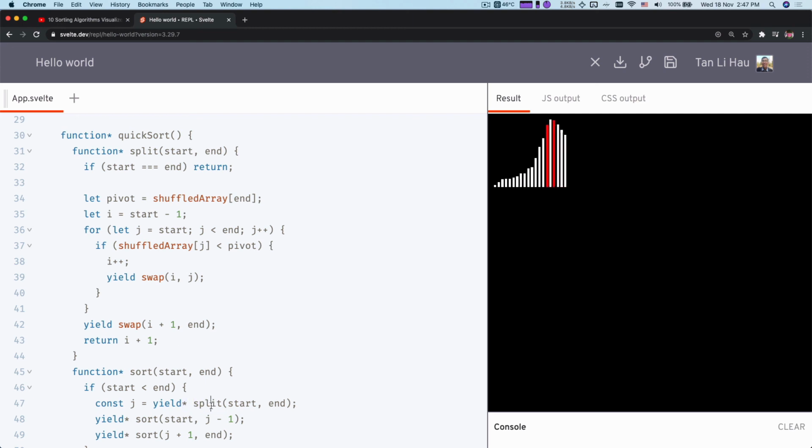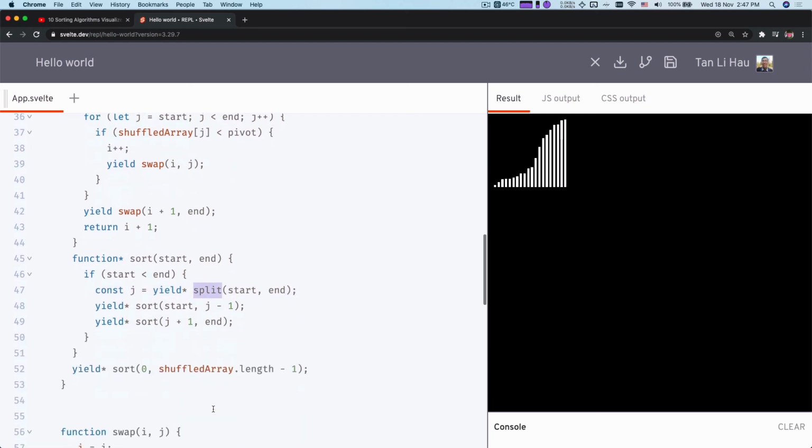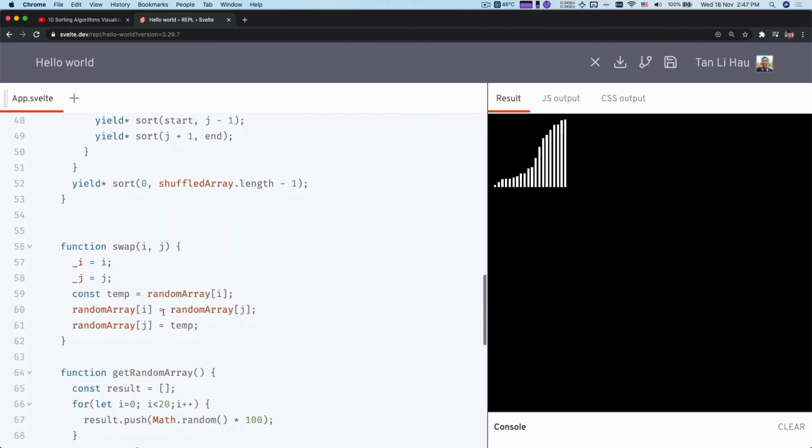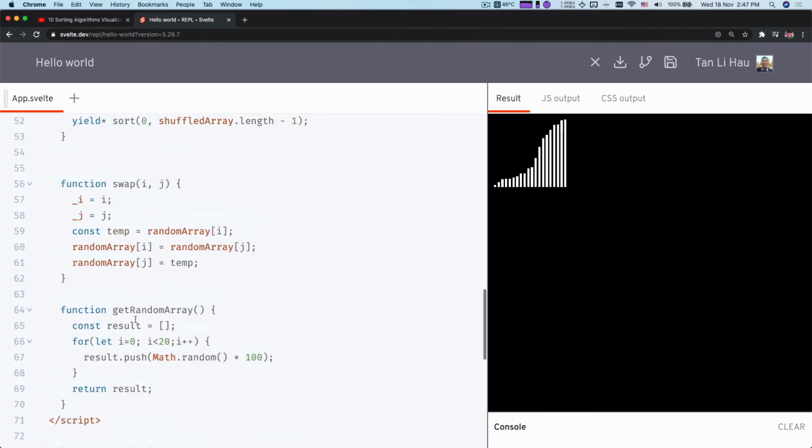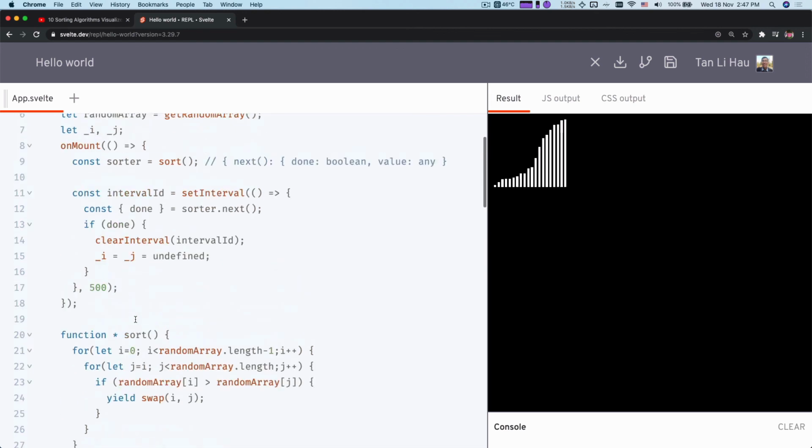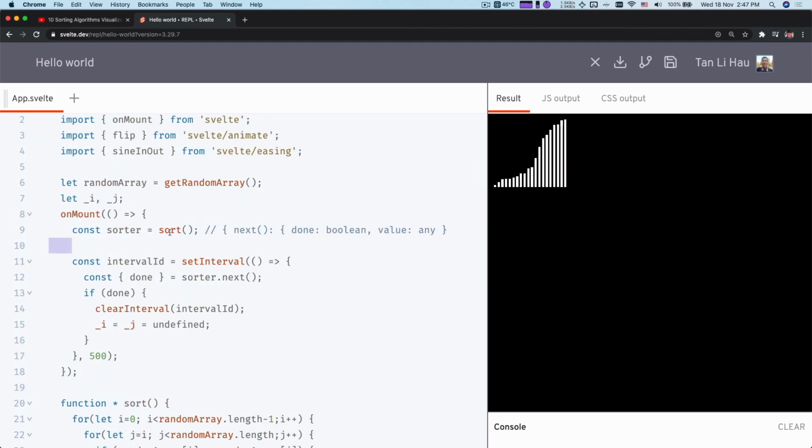So every time when the split is yielding, this sort function is yielding as well, or else you will just yield once by calling it, and when it yields, you are actually not doing anything. What you yield is actually the generator function, right? So I can change this sorting algorithm to become quick sort,